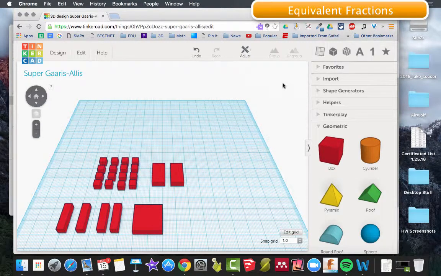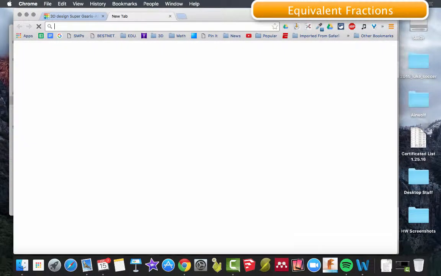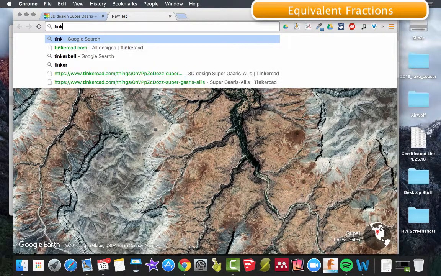All right, welcome. This is hopefully going to walk you through how to create a set of blocks that you can use to represent equivalent fractions. And as you can see here, I've got 4 different groups, all of which are equivalent in one way or another. So what I'm going to do is I'll go to tinkercad.com,